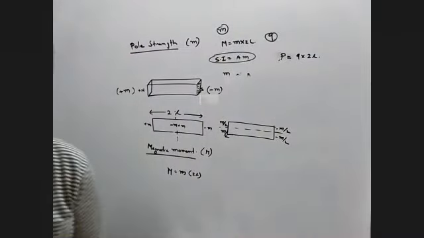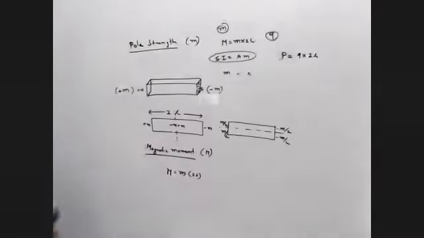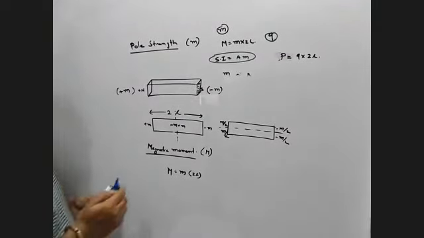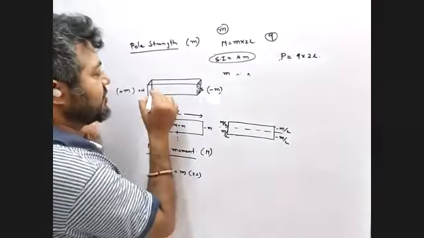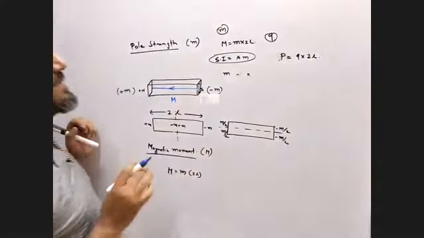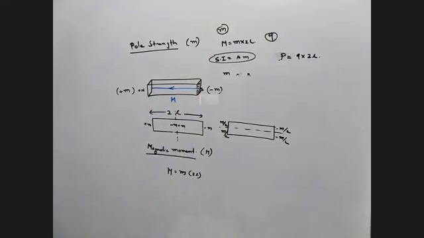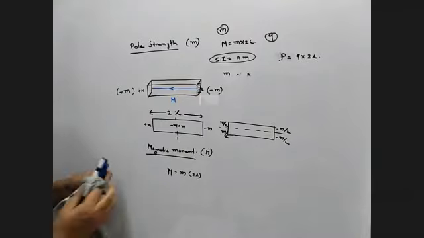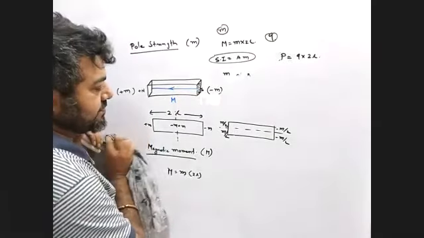Now in electrostatics, the direction of the electric dipole is negative to positive, and here also the direction of the magnetic moment is negative to positive. Is it clear, everyone? Yes, sir. Okay. So now